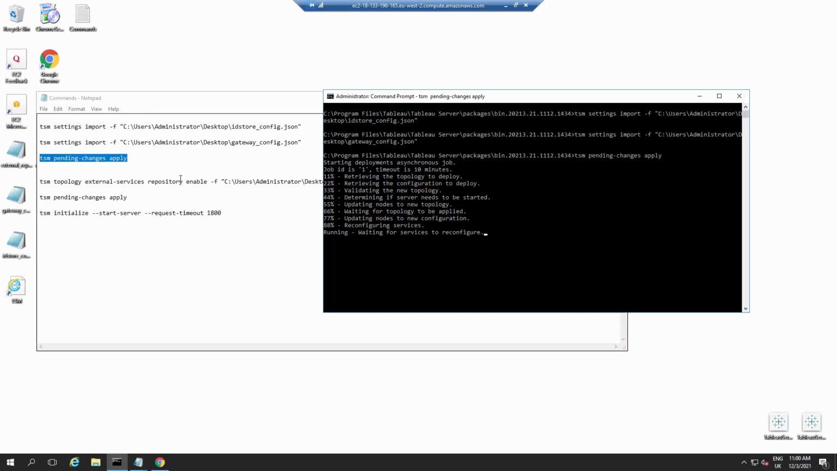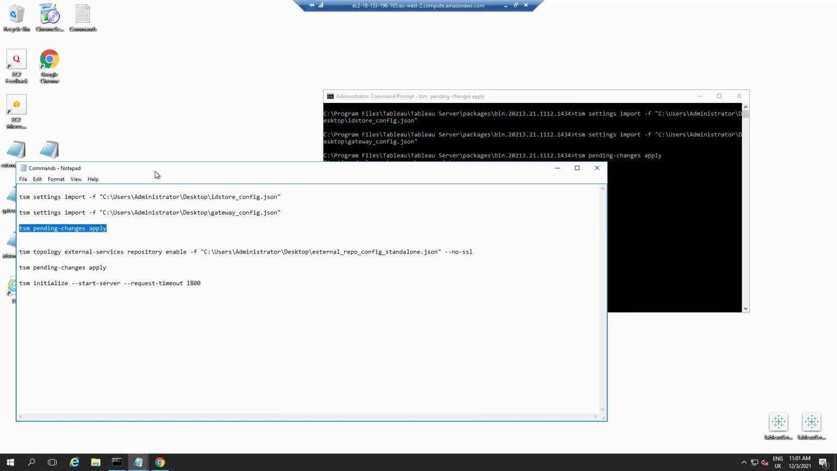Once that's completed, then I can go in and configure my repository. There is another command for that. It's a separate command, so it's not a setting that we are importing. We are changing the actual topology of the server, so there's a TSM topology command for the external services. Within that is the repository, and we can enable that by pointing it to that JSON config file we looked